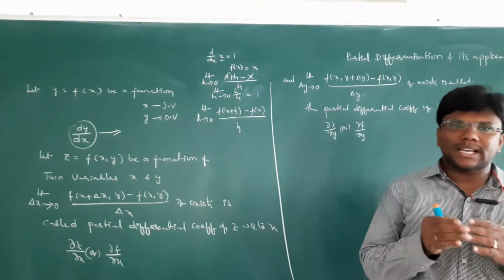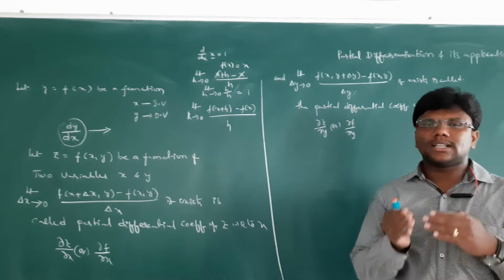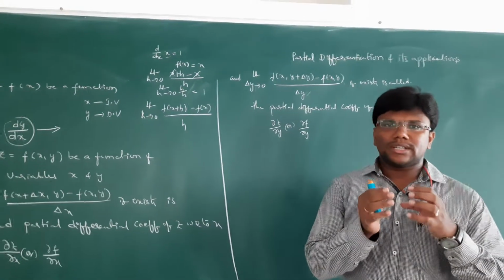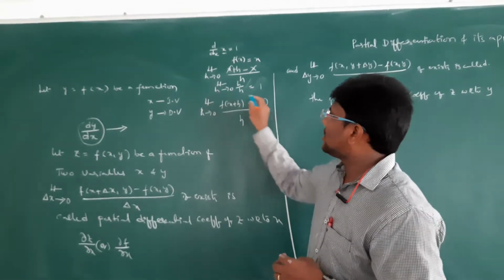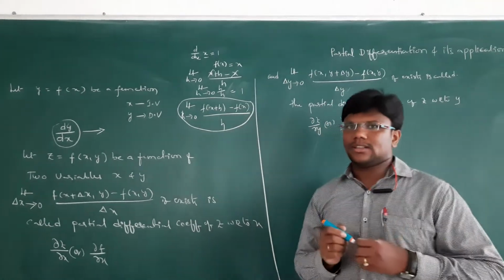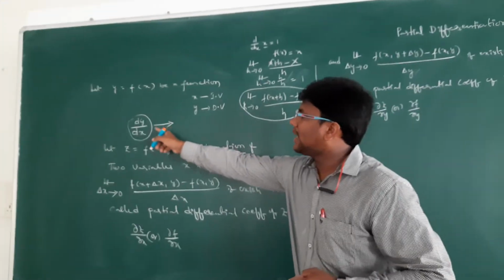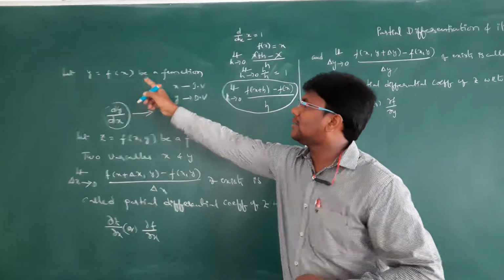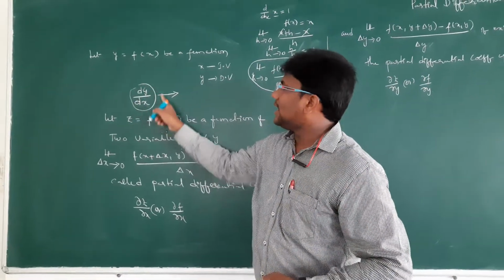d by dx of sin x is equal to cos x, d by dx of cos x is equal to minus sin x, d by dx of e power x is equal to e power x. All the differentiation derivative formulas we get from this formula. This is the general notation of the differentiability of f of x, that is denoted by f dash of x, or it is simply called dy by dx, because here y is the dependent variable, x is the independent variable. We can write it simply as dy by dx.